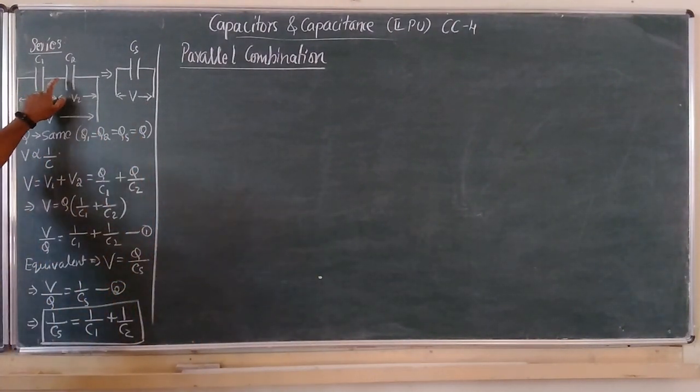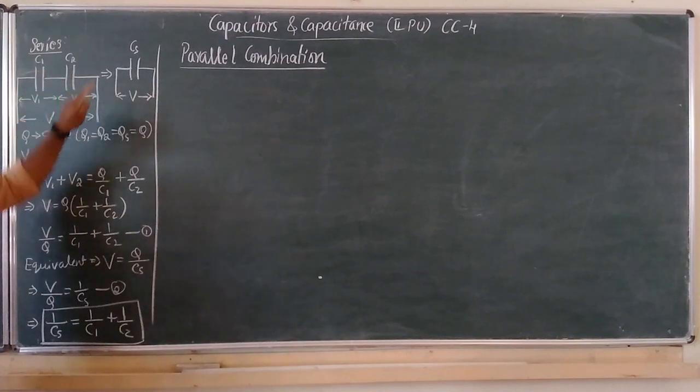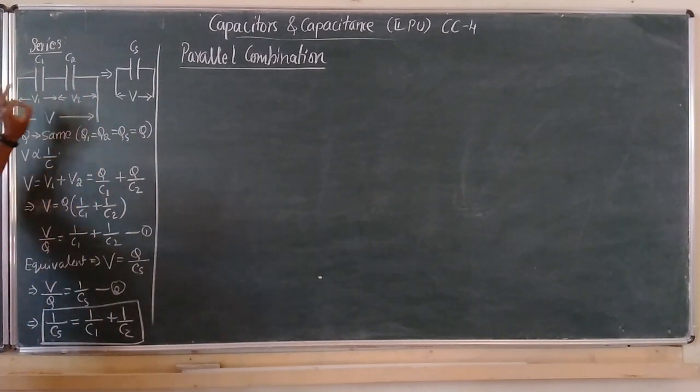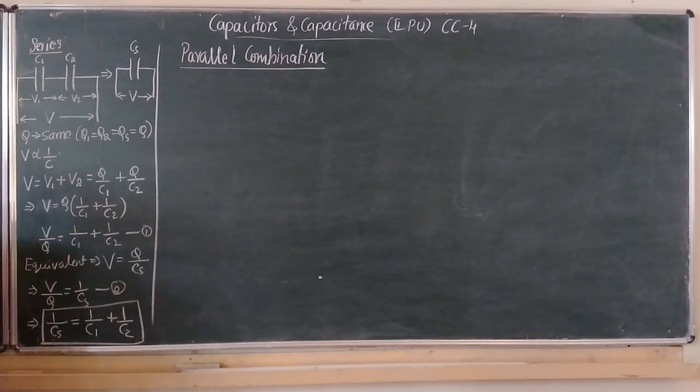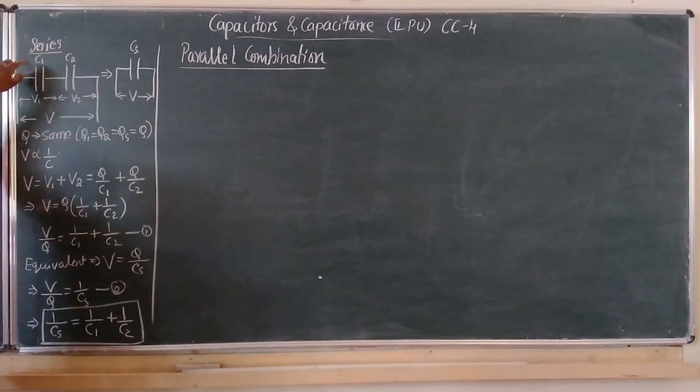Two or more capacitors are said to be in series when the combination is connected to some external potential difference. If only one path is available for the flow of charge, then the capacitors are said to be in series. So we connected two capacitors C1 and C2 in series so that only one path is available for the flow of charge in this case.